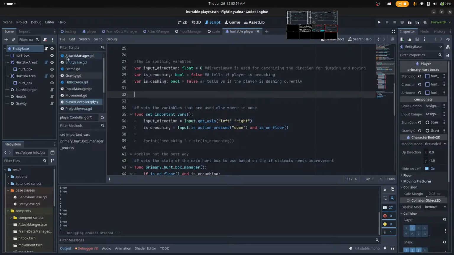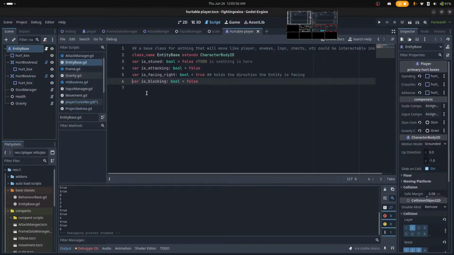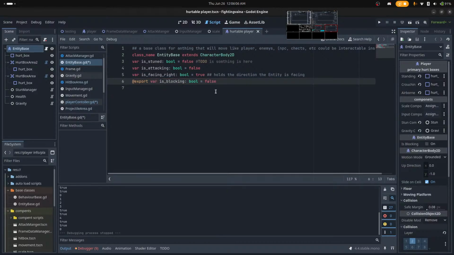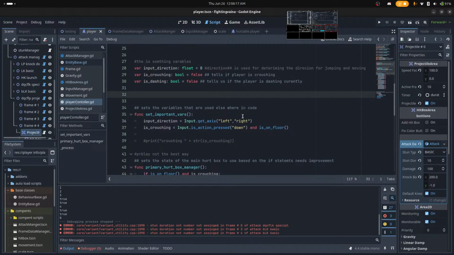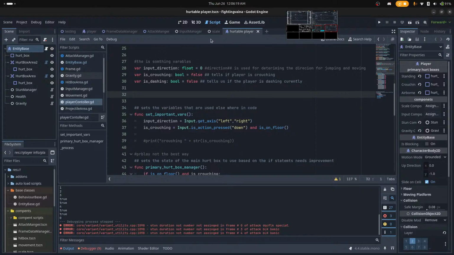Actually, I'm gonna just make it an export variable. So it's just gonna be there so that we can know whether or not we're blocking, and if we need to change that.